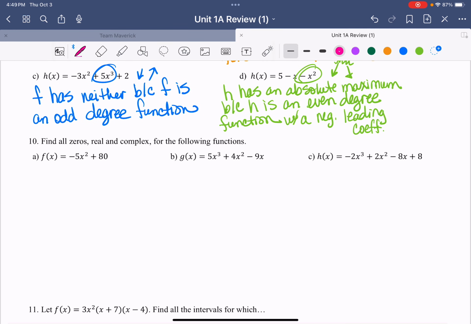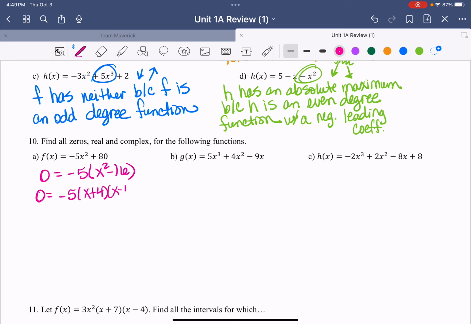Okay. Find all zeros, real and complex, for the following functions. That means you got to solve them. That means you get an output of 0 and you set it equal to 0 and you factor. So 0 equals, and I'm going to factor out this negative 5. Negative 5 times x squared minus 16, which means I can factor and get negative 5 times x plus 4